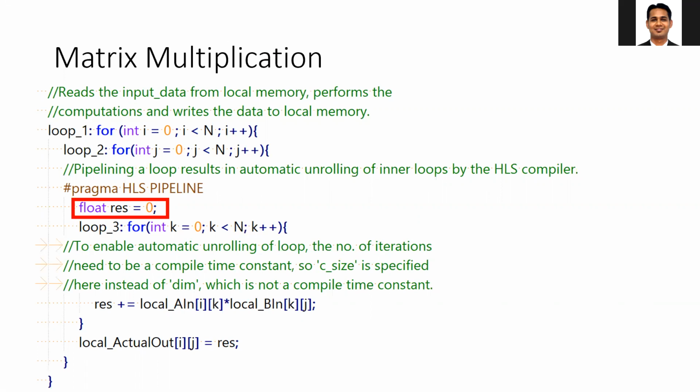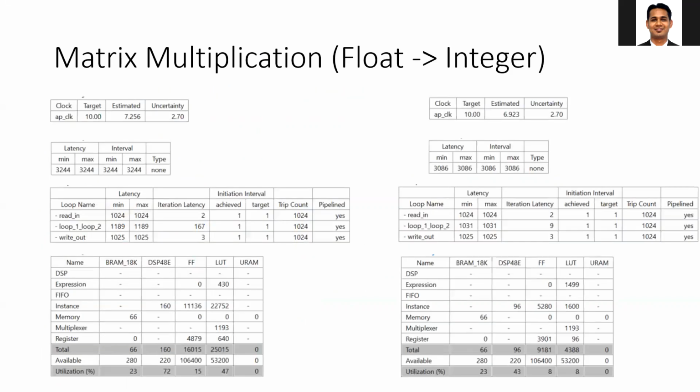And also make sure that the result variable, which is float in the floating point implementation, is changed to integer. Okay, so this is the first change you need to do. You need to change part 3 of lab 3 from floating to integer and verify the performance. When you see the complexity and latency time, you will get some improvement in your performance, but you will get significant improvement in your resource utilization.